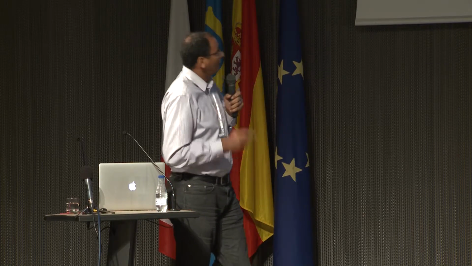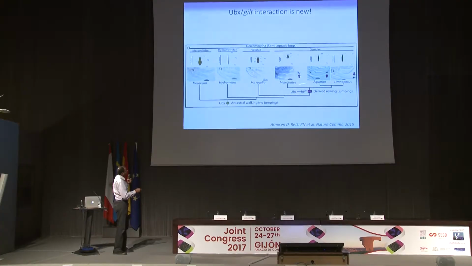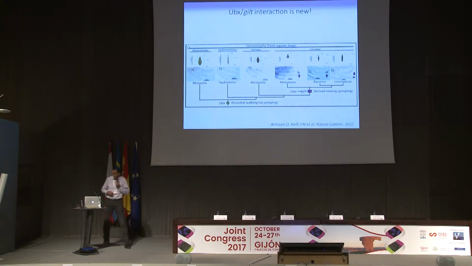Or we can ask one question: why is it important for the leg to have this morphology or shape? But sorry, before I go there, we looked at the phylogeny to see where this interaction between UBX and GILT evolved. What you see in this phylogeny here is that there are 3 species that have the ancestral state, the second leg very long. And it's only in this lineage here where we find this expression of GILT in the tarsus of the second leg, which means that this interaction between UBX and GILT is new, and it only evolved in this lineage where the function of UBX became dose-dependent.